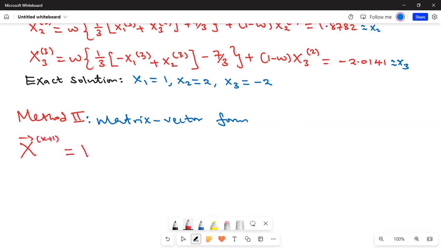It is given by H times x vector at level k plus c. Of course, k is equals to 0, 1, 2, 3, etc., where H, that matrix, is given by